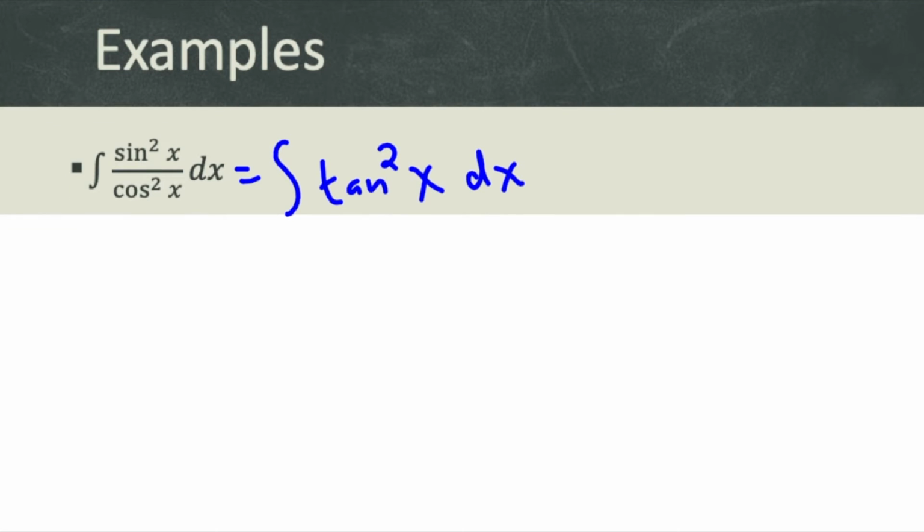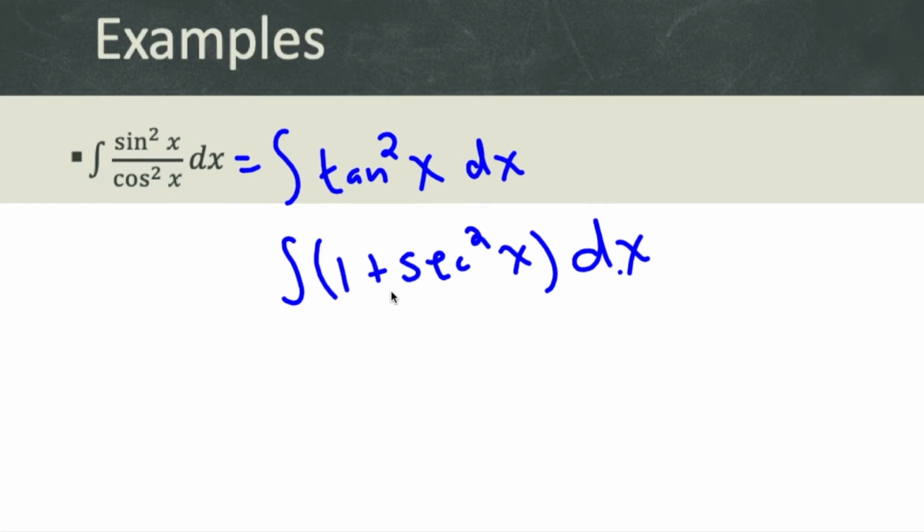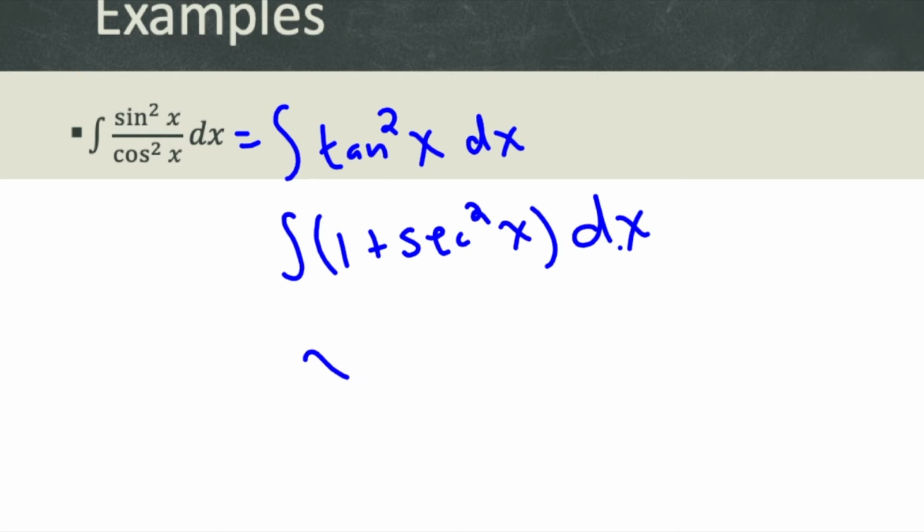And then you might be looking back at your list that I gave you on the 651 notes and saying, well, there isn't a tangent squared. And you're right, there isn't. But we also know something else from pre-calc, that tangent squared is the same thing as secant squared minus 1, so the integral of secant squared x minus 1 dx. Again, it's important to have the dx there. Now this is something we can do because the integral of 1 is just x, and the integral of secant squared is tangent